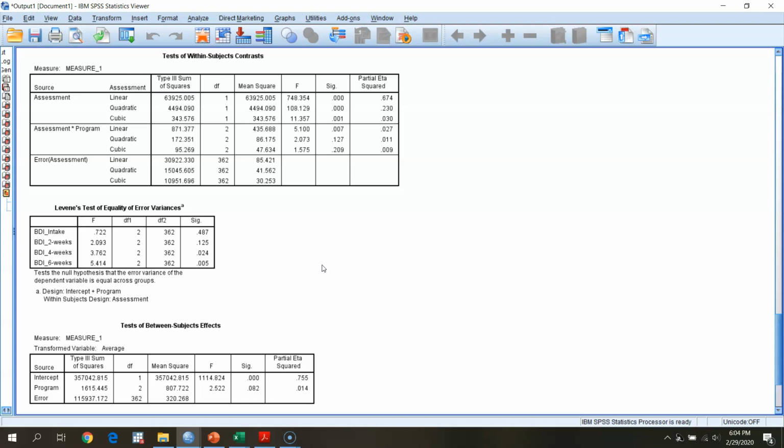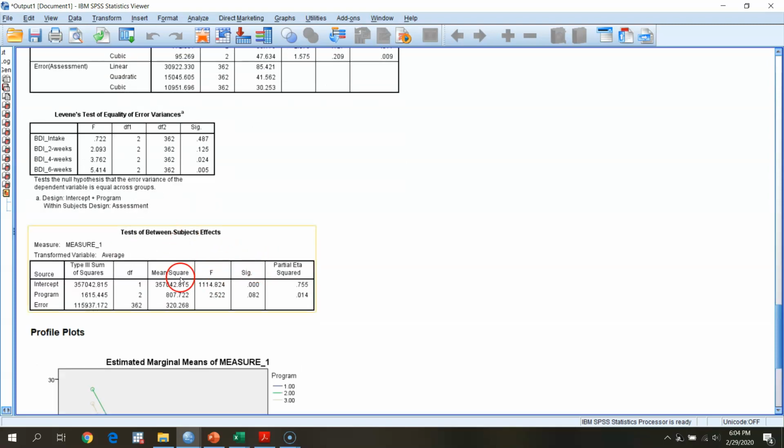So we're going to tuck that in the back of our head and say that might be something we want to talk about and consider later as we move forward. Okay, and then our test of between subjects effects. Again, this is just going to be a test of whether or not collapsing across